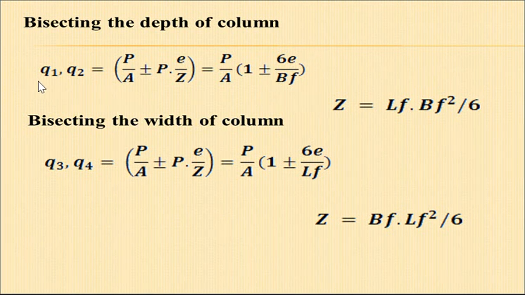Q1 should not exceed the safe bearing capacity and not be negative on the other side. When we get a negative value, it is when this value is more than 1, that is, BF is less than 6 times of E. This is related with the